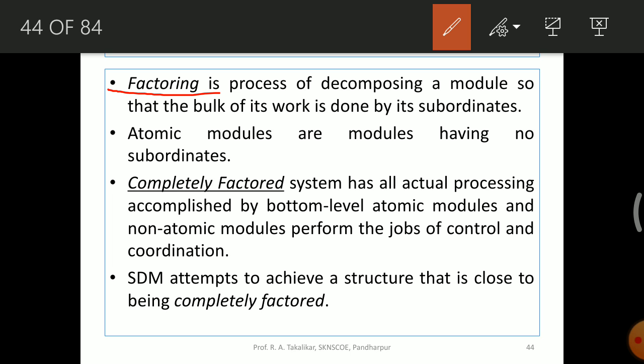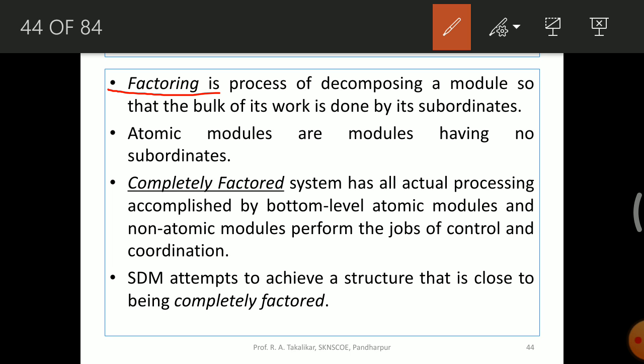You can decompose this module into multiple modules, wherein one will be considered the main module and the others will be considered its subordinate modules, where the bulk of the work, that is most of the tasks, will be performed by the subordinate modules and not by the main module. The main module performs only the functions of coordination and controlling, while subordinate modules actually perform the tasks.